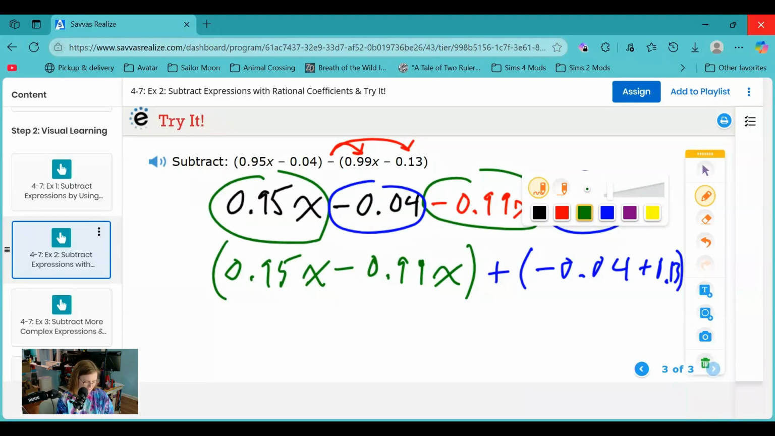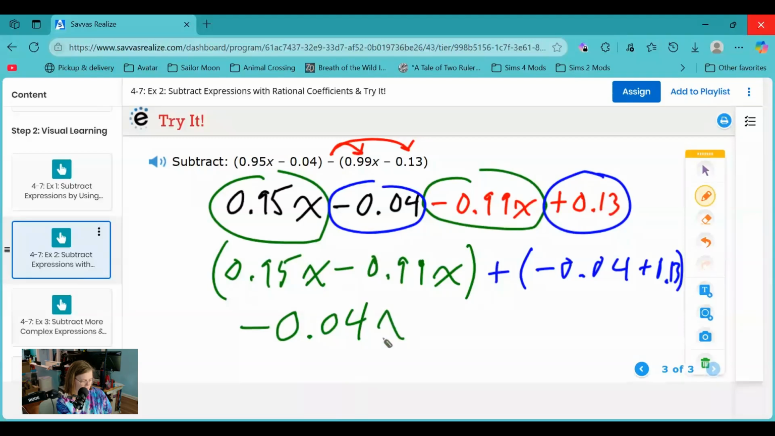Let's see. 0.99 minus 0.95 would give me negative 0.04x, and 0.13 minus 0.04 would give me positive 0.09. Okay, so those are the ways that we've looked at so far, but I want to show you another